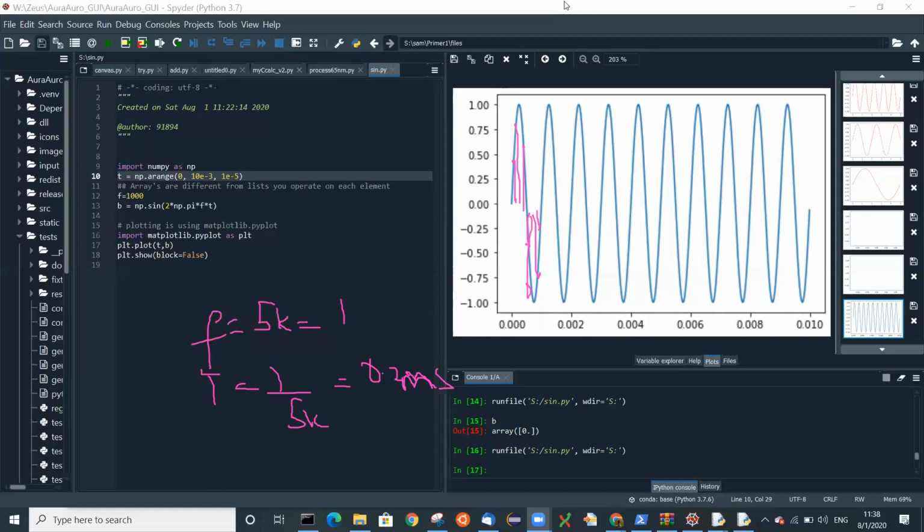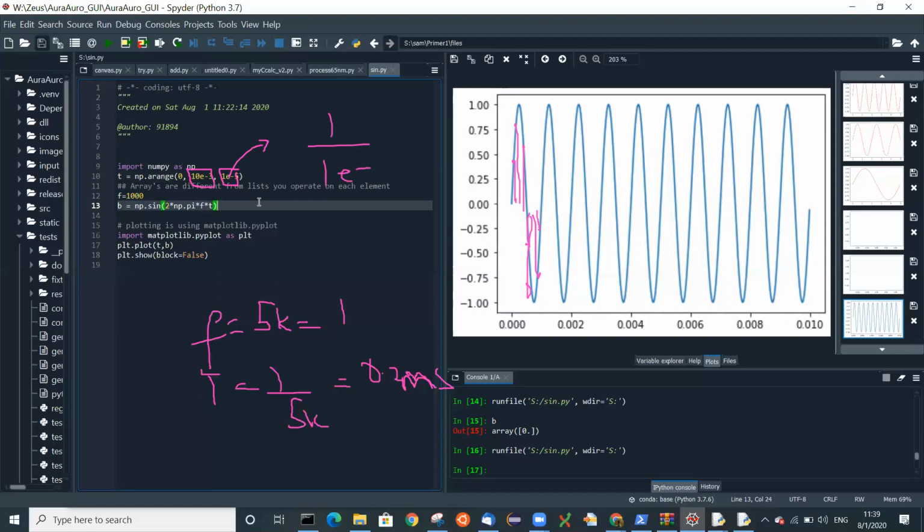Keep the signal as it is, and let's only get some of these points. Now you know how to do that. You have an array and you want to get every nth point. Right now I had loads of points, 10 milliseconds divided by 1e minus 5. This is the period of sampling, which is why it is such a nice tight signal.